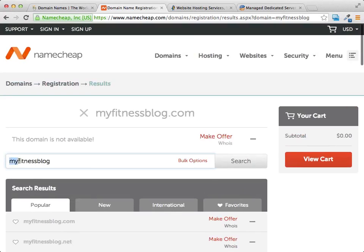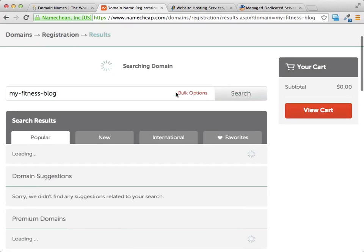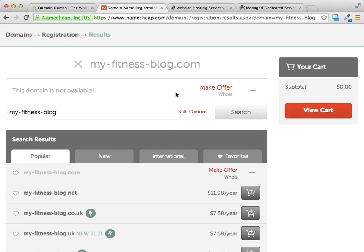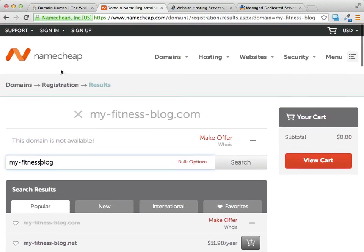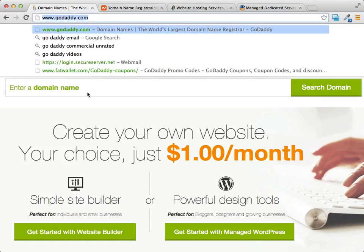So what I could do is, if I wanted to, I could put a dash between the words. That's what a lot of people do. If you really love the name of a blog but it's not available, go ahead and type in some dashes here and there. You'll see that sometimes they do become available. Turns out this one in particular isn't, and I'm searching right here on Namecheap,